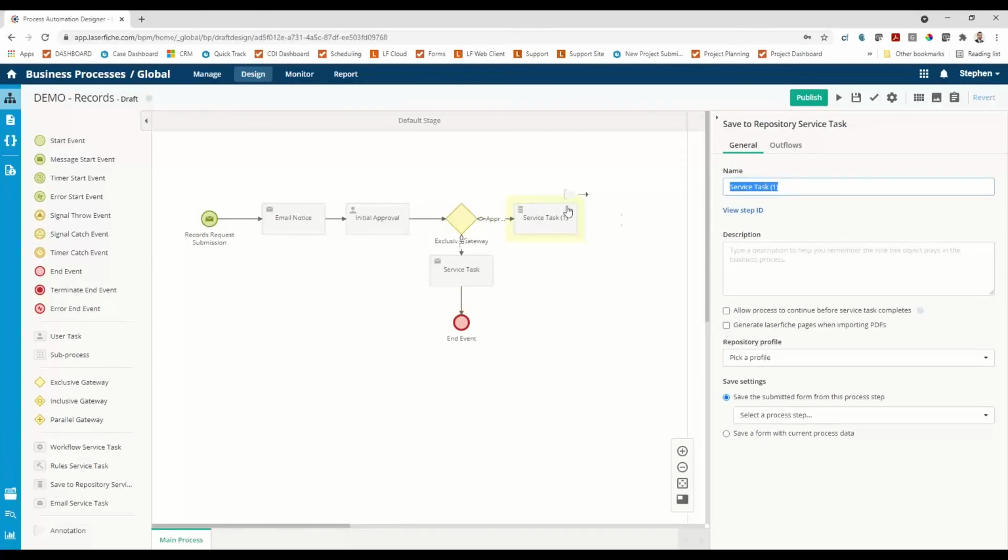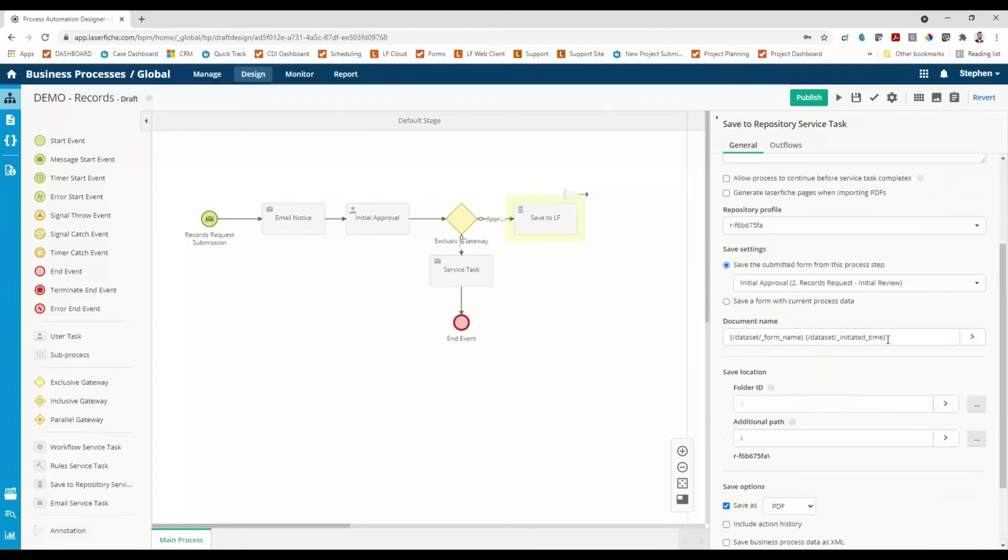On the save to repository task, we're going to call this save to Laserfiche or save to LF. You'll need to establish that connection if you haven't done so in the past. So that would be like you're either using admin or workflow or some sort of service account to establish that connection that can actually save to the repository without getting booted. You'll select the step you want to save from. You can name the document. Oftentimes I call it, whatever it is, and then